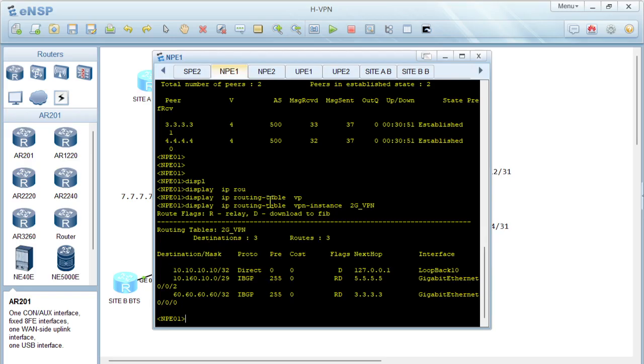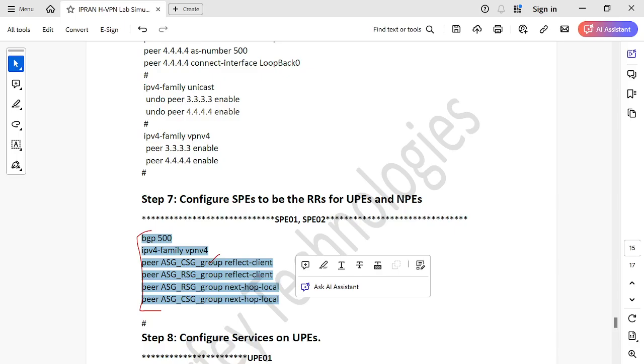So SPE will be acting as the route reflector for the UPEs and NPEs. So these are the only configuration changes that you need to make. And remember, with this setup, if you don't have any local services